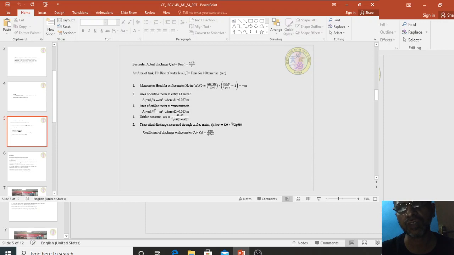The area of the orifice meter at the vena contracta is A2, pi d2 square by 4, where d2 is 0.015